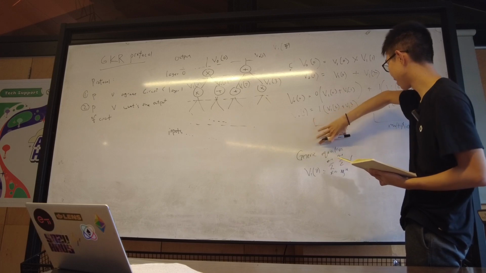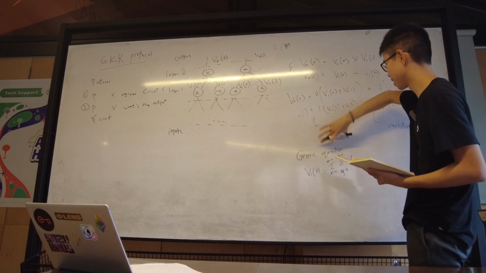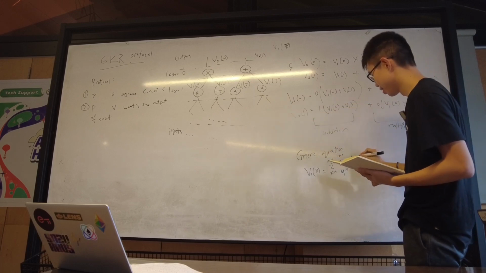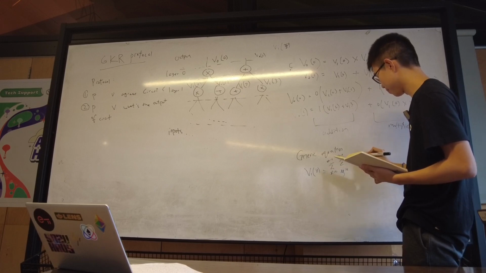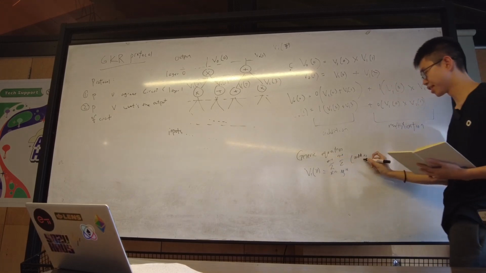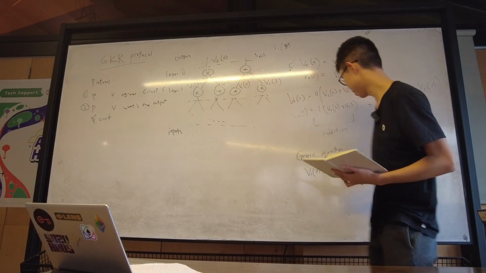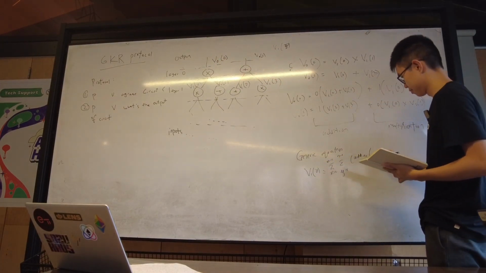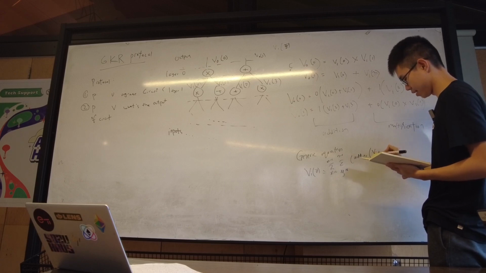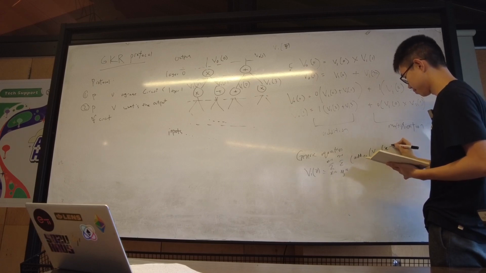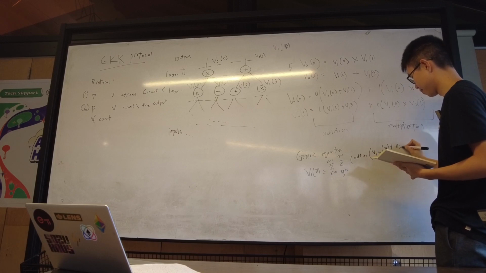The first term is the addition gate of the previous layer. So if this is layer 0, then the addition gate of this is Vi plus 1 x plus Vi plus 1 y,